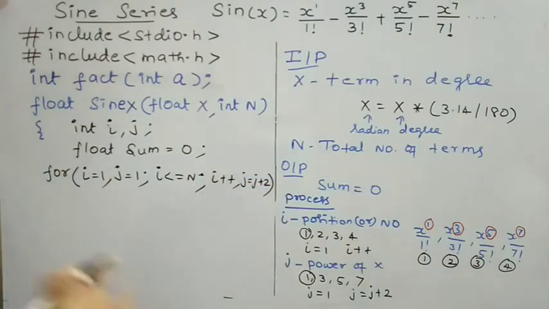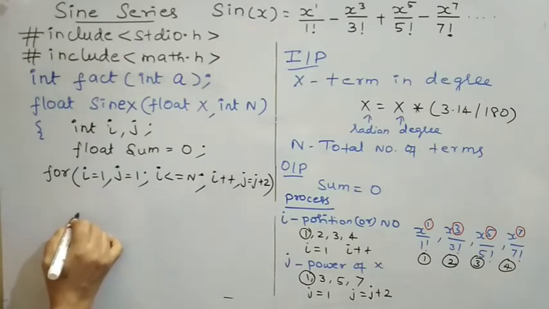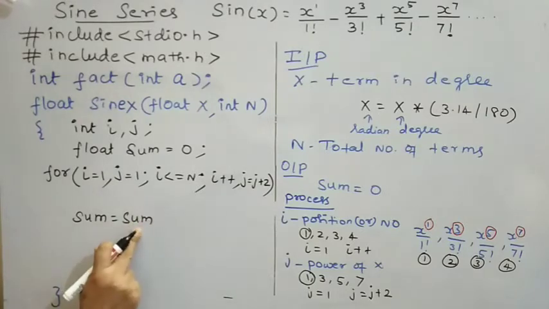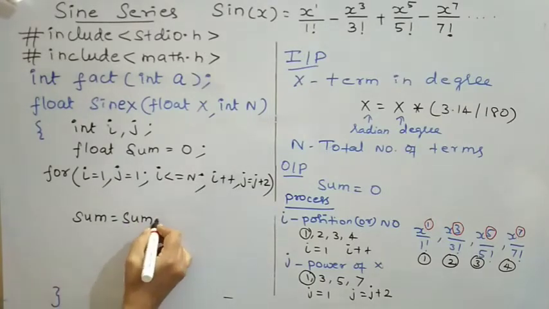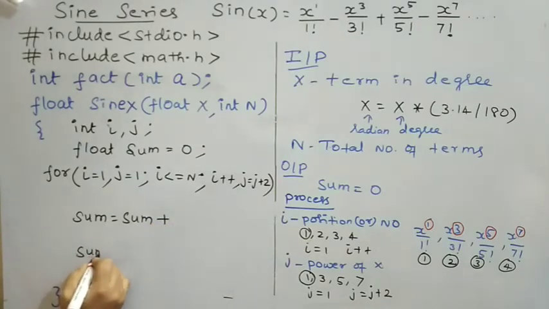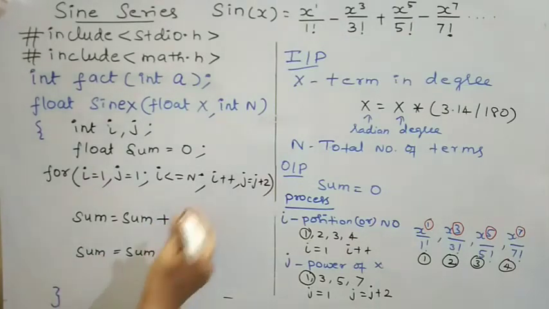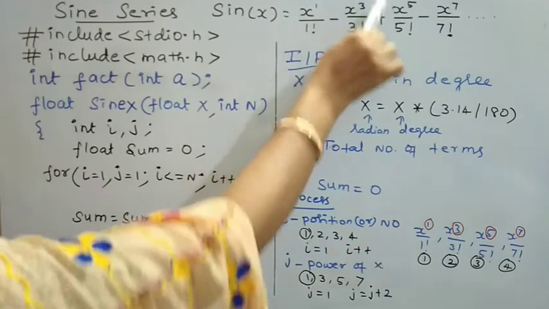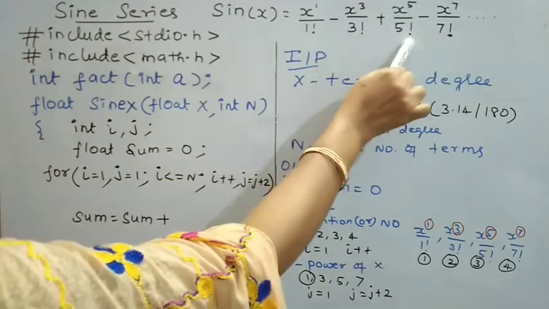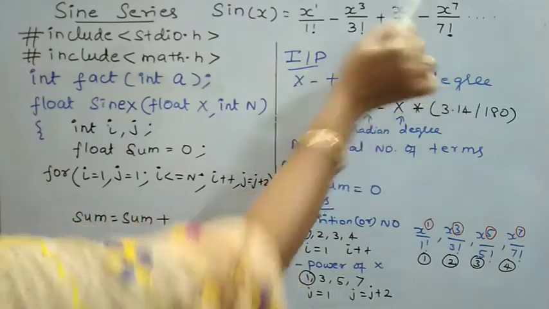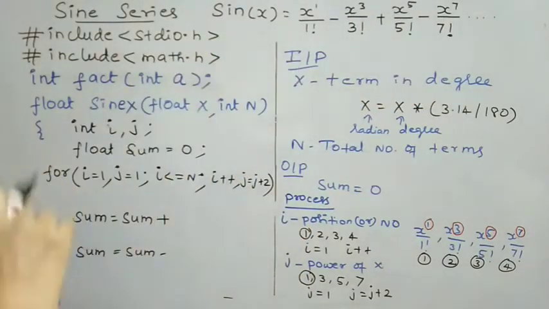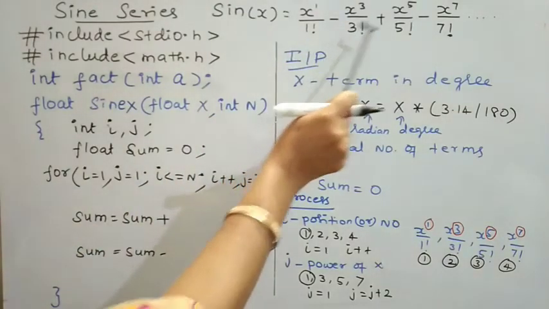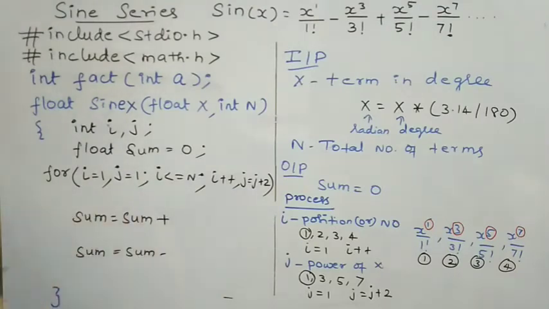So inside this for loop, what am I going to compute? I am going to compute the sum. To the initial value of sum, either I am going to add or subtract. Sometimes I am going to add: this term is added to the summation. Take this term, it is subtracted from the summation. Take the next term, it is added to the summation. Take the next term, it is subtracted from the summation. So I am going to sometimes perform addition and sometimes subtraction. When to perform the addition and when to perform the subtraction, let me decide that later.